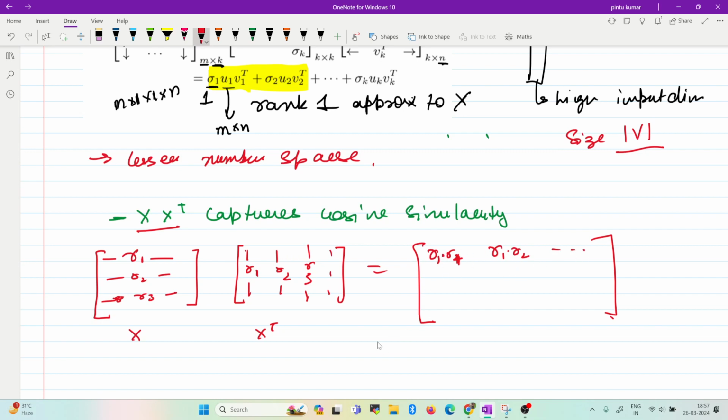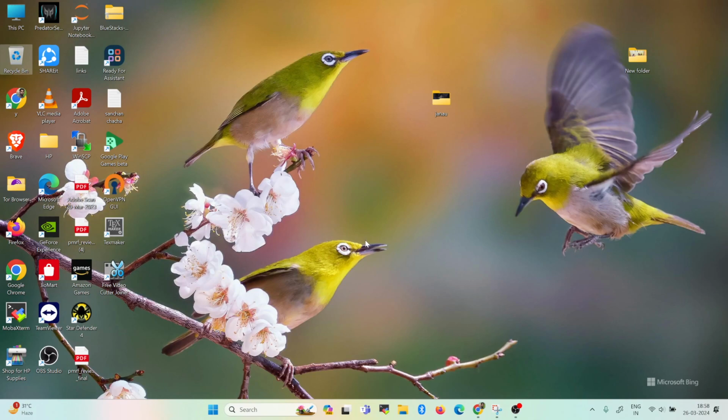So what this X X transpose matrix gives you is the cosine similarity between two vectors. If you have constructed a co-occurrence matrix, then X X transpose gives you